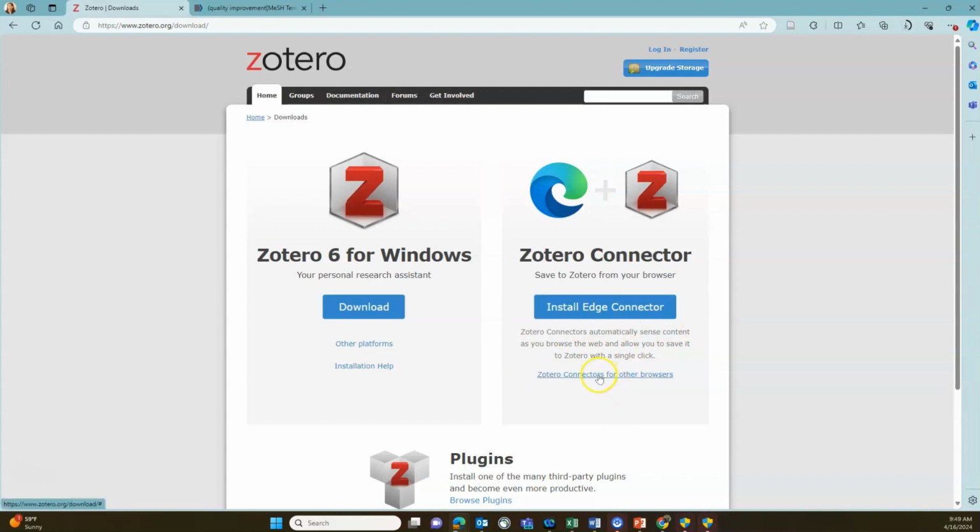First, let's download your desktop library. So click Zotero for Windows or for Macs or Linux. Note it's not available for Chromebooks. This desktop library is the main software supporting the application. Click on Download,